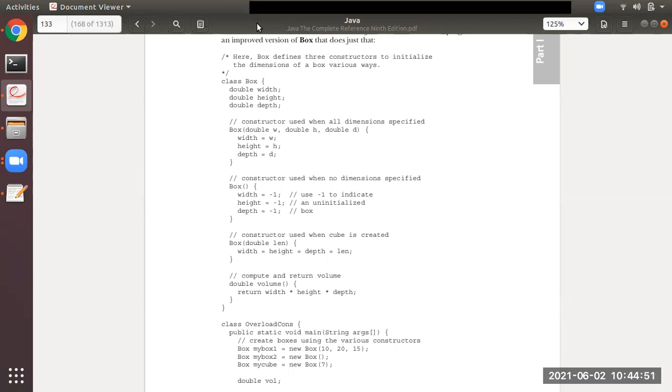As I explained, parameterized constructor, same concept over here also. You can see my box one over here has got one constructor with 3 parameters. So this will invoke this constructor. You all please try to recollect. Then my box 2 has got one constructor which will invoke this one. Then my cube is an object which has got a constructor called with 7. So this one will call the last constructor, this one.